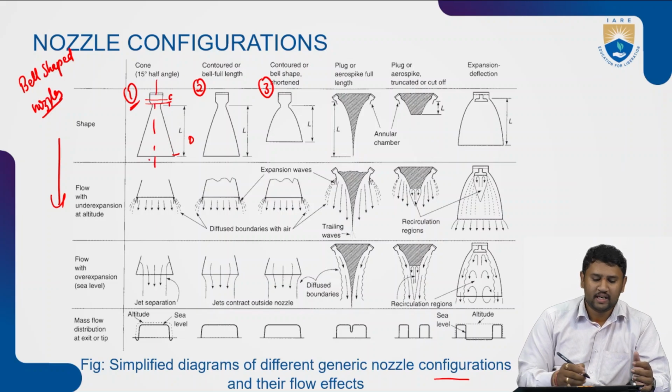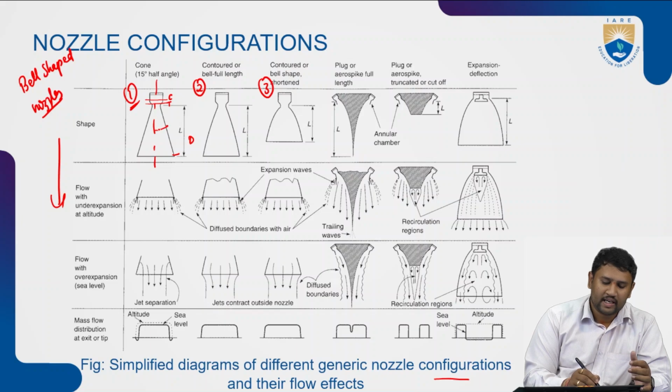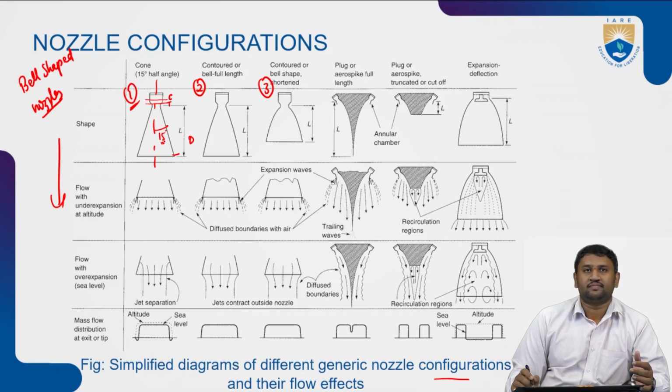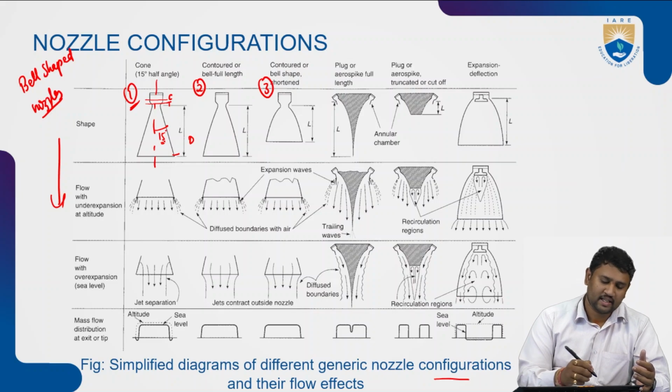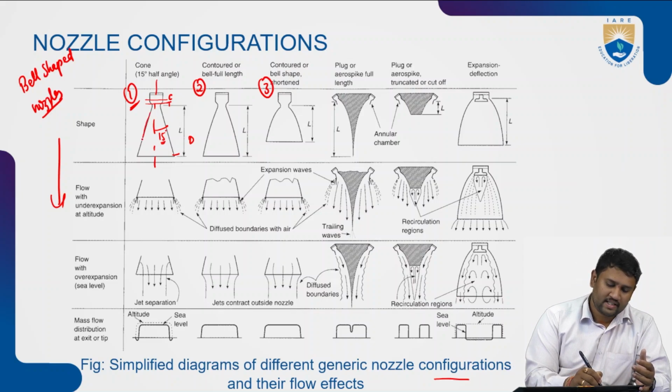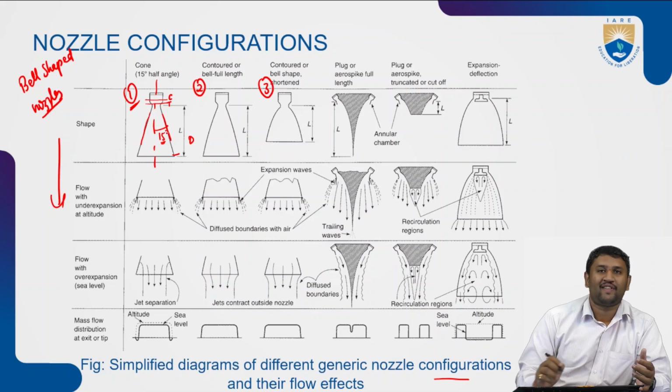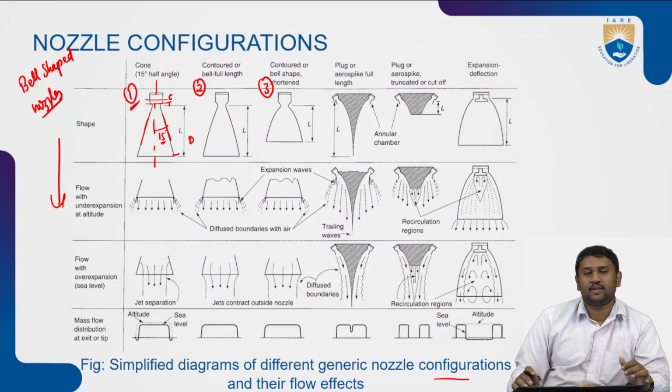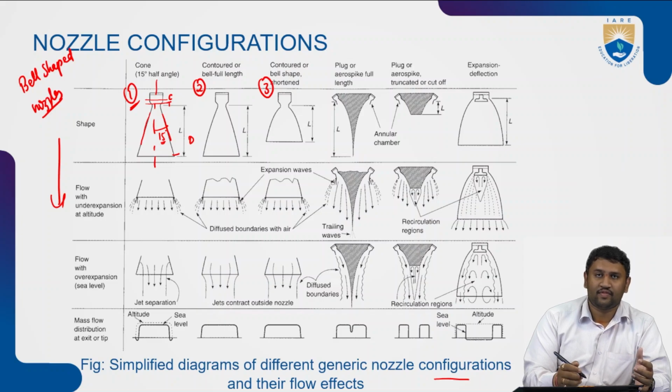The wall is symmetric as well as inclined by a certain angle, that is 15 degrees. Now, what happens in this case is basically the divergent section of the wall is flat, right? Not in the shape of a curve or parabolic or anything else. Now, coming to the same thing for